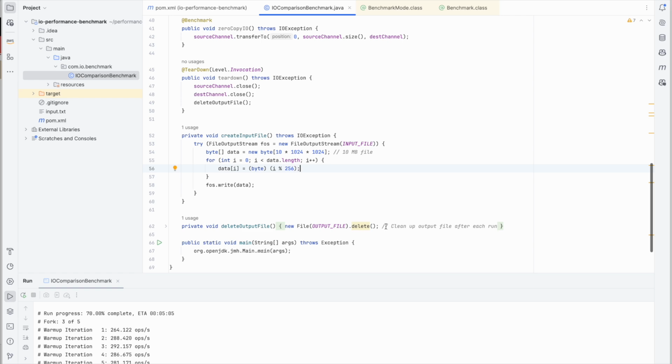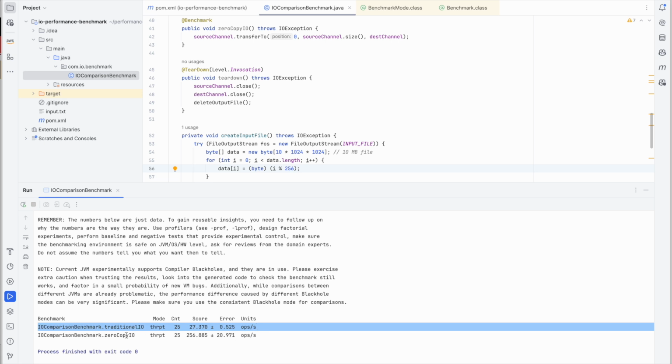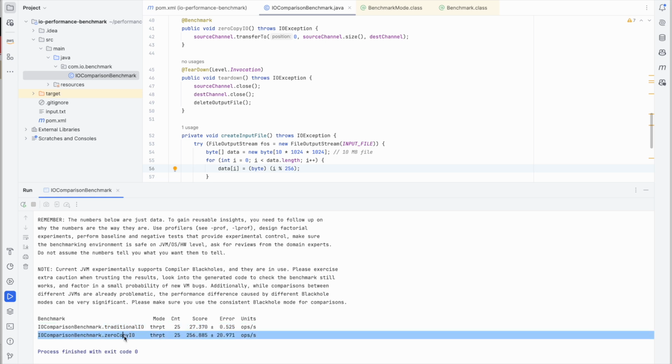Now let's see the performance benefits for this. I have run this. If you see the traditional IO, how many operations can we do? 27 operations. That is the only thing, 27 operations. But with zero copy architecture, how many operations per second are we able to do? 256 operations per second. Massive gain,